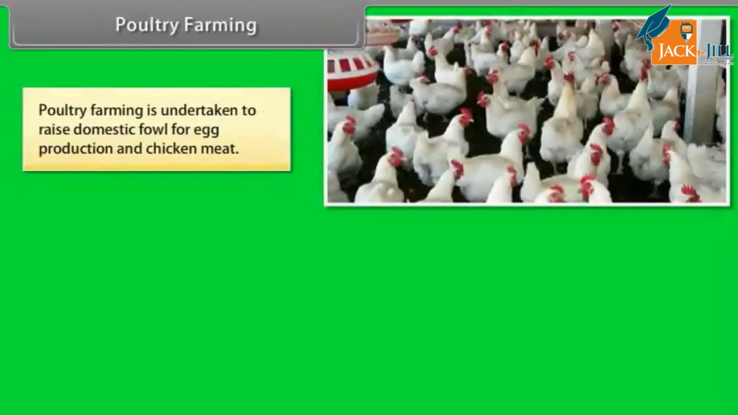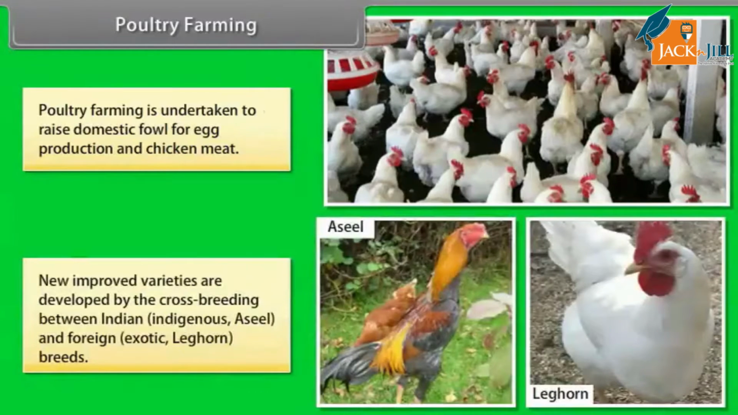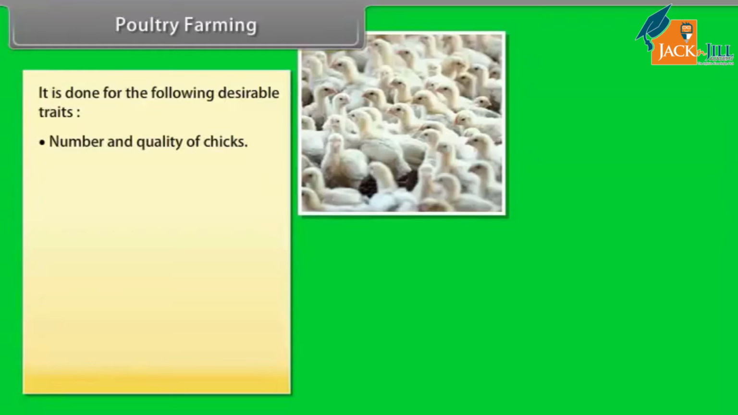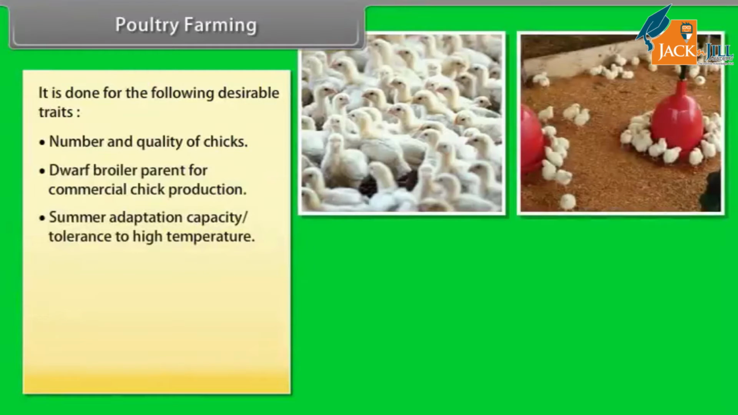Poultry farming. Poultry farming is undertaken to raise domestic fowl for egg production and chicken meat. New improved varieties are developed by cross-breeding between Indian indigenous Asil and foreign exotic Leghorn breeds. It is done for the following desirable traits: number and quality of chicks, dwarf broiler parent for commercial chick production, summer adaptation capacity, tolerance to high temperature,